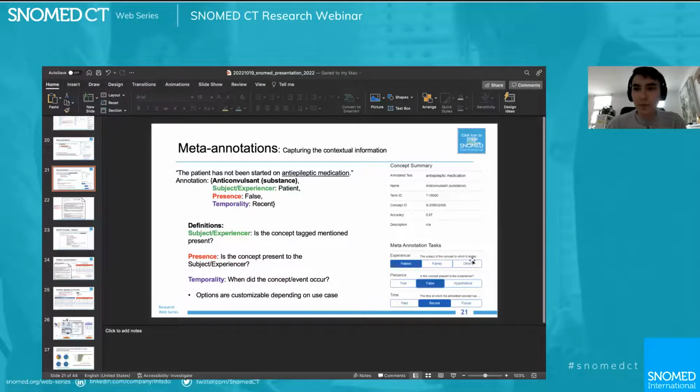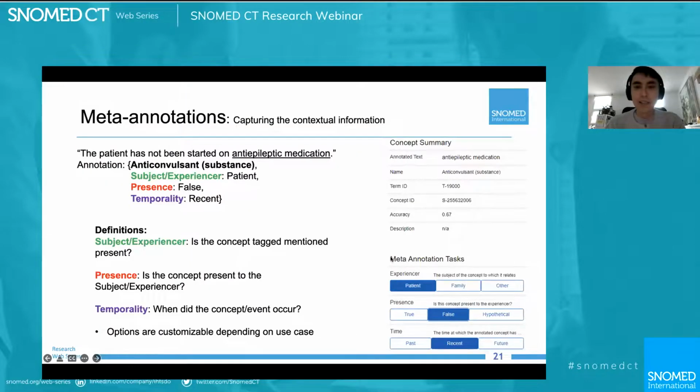A box appears, so this is what it would look like on the bottom right-hand side. It just happened that on this demo it didn't work, but it's funny because this isn't really a bug. But yeah, meta-annotation tasks, and you can label it accordingly. There are so many different things conceptually you can capture, but we found that with these three and with these options, it is more than enough for any use case.